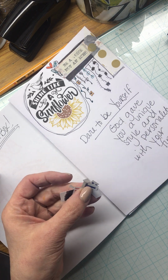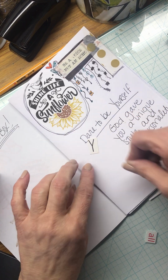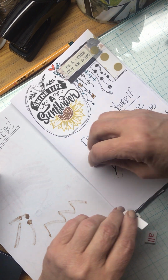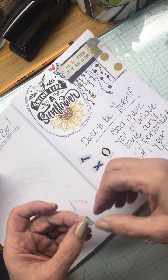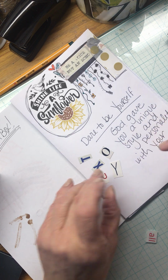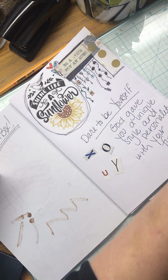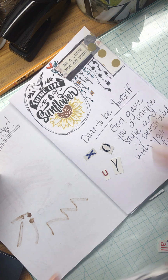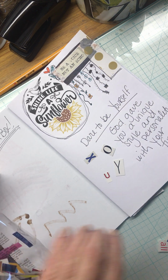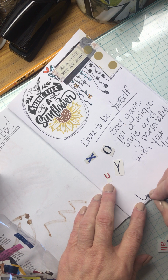And one day we were really slow at work. We didn't have any customers, so I sat down and I just cut out a bunch of letters. And so what I can do is, you know, I want to be careful. I don't want to make any swear words or words that will make your mind go there. So this particular page here is what I could do if I had the letters handy, or I could stamp them, but I can spell out